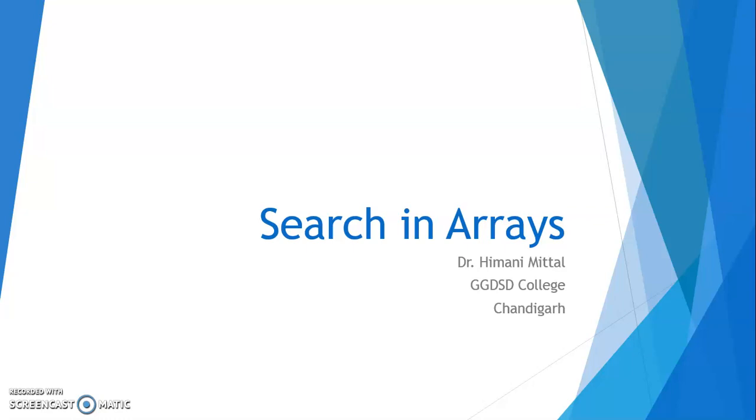In this PowerPoint presentation, we will be discussing the search operation in arrays. In the search operation, search is basically looking for an element in a given array or list. Now, this search can be performed by two popular methods. There are other methods also like heuristic search and ternary search, but we will not look at them. Right now, we will only look at two primary methods which are most popular, that is linear search and binary search. So, coming to the first type of search operation, which is linear search.